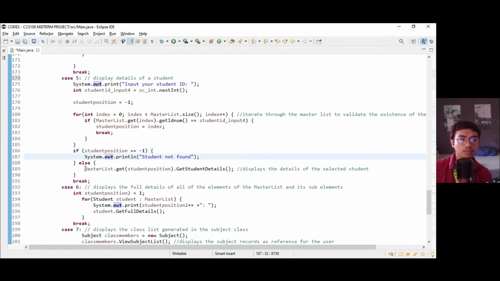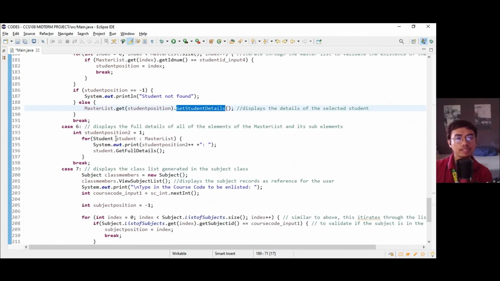We use that to get the student here master list get student position, meaning this is an object of the student, and we use the get student details method of the subject object, which displays the details of the selected student. Now for case 6, this is very short because it displays the full details of all the